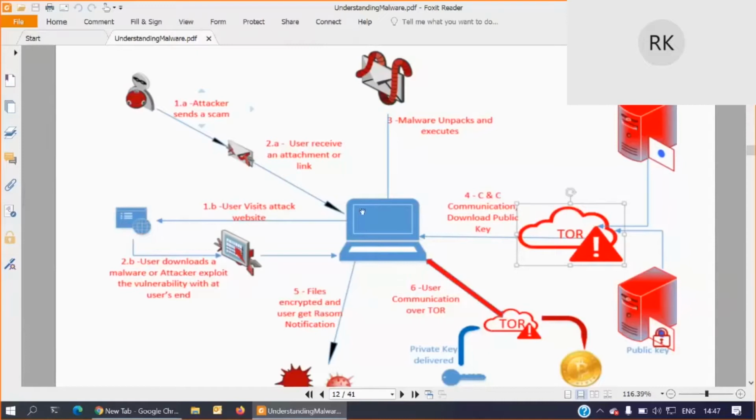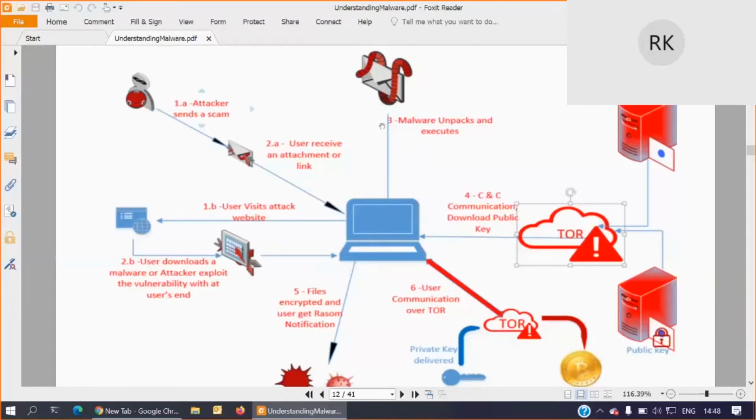Whenever you visit this, immediately they will verify your system's fingerprint. Fingerprint is nothing but what operating system you are using, what applications are installed in your system, and what the versions of those things are. Based on all these parameters, they will try to identify whether this operating system or this application has any vulnerability. Once it is analyzed, they will send some exploits, that means attacks, onto your system. And then what will happen?